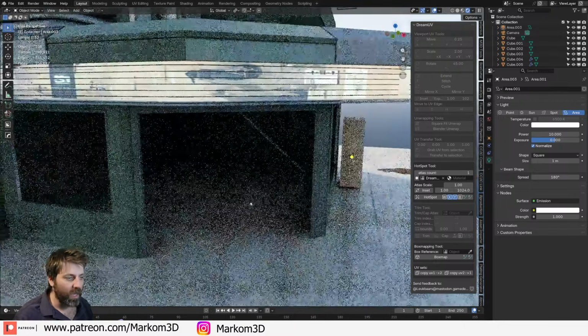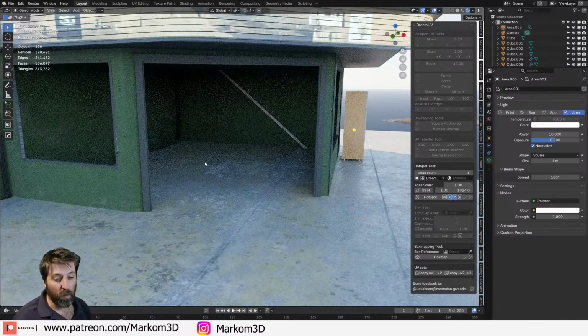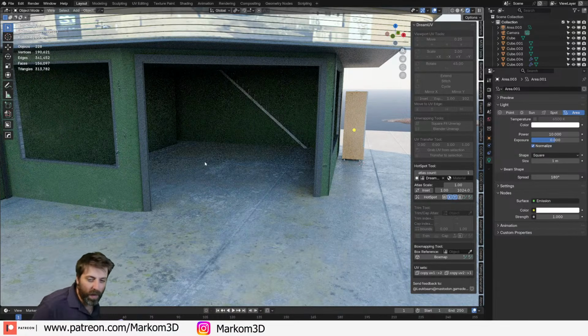We do interior too. Yeah, I'm going to probably do something super basic. It's more about kind of like,